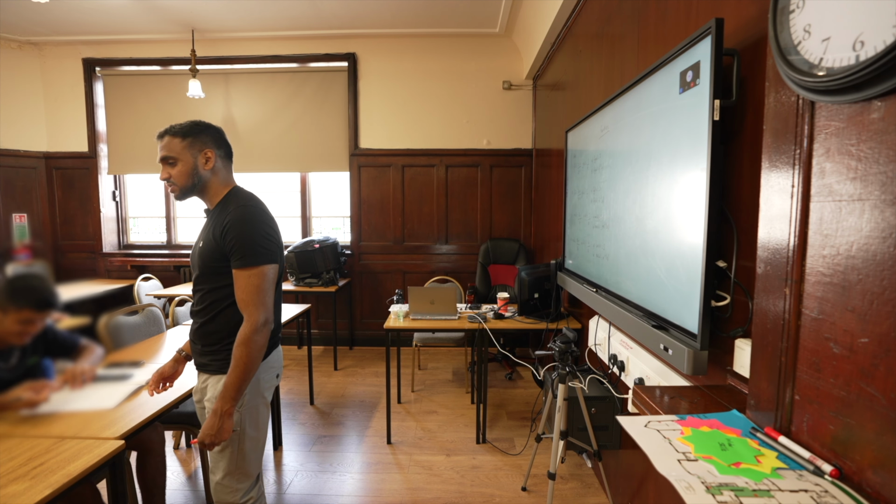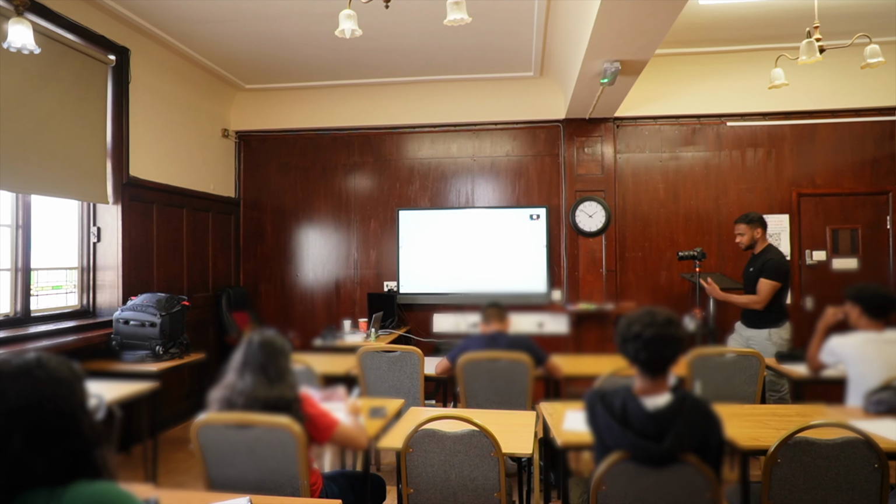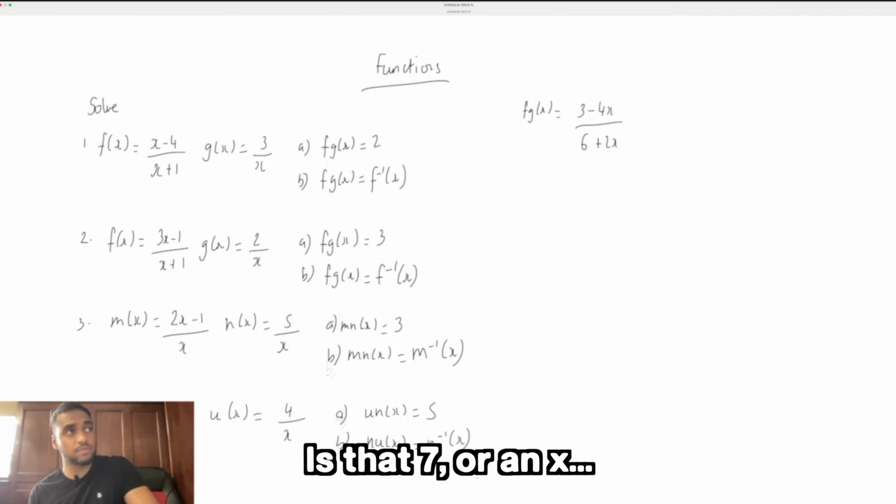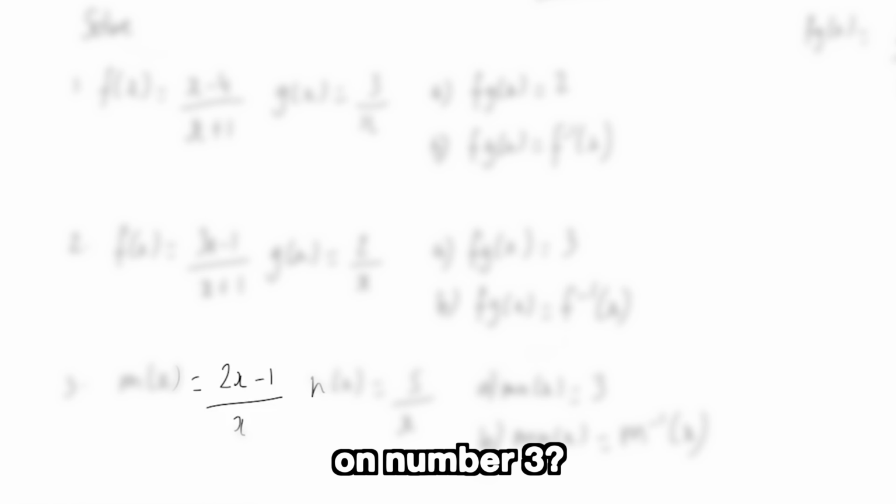Okay, cool. Anyone stuck? How did you do 1B? Okay, let me do it here. Show you. What have you got no idea about, Laura? Is that 7 for x? Another 3. The 2x minus 1 over